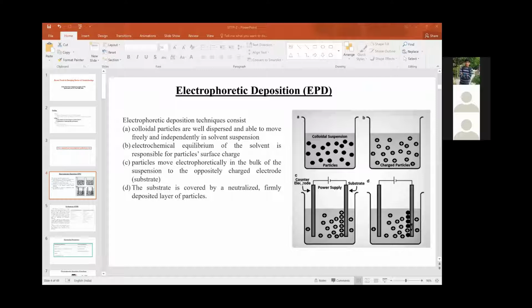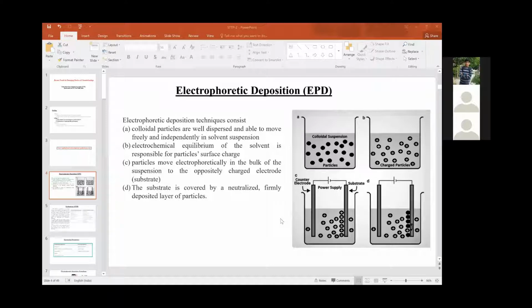After that, the next step is that we need a power supply. For this power supply, we need either a constant current or constant voltage power source, or else we can use a variable current or variable voltage source. And we need 2 electrodes, one is the counter electrode and the other is the substrate, through which we connect our power supply.